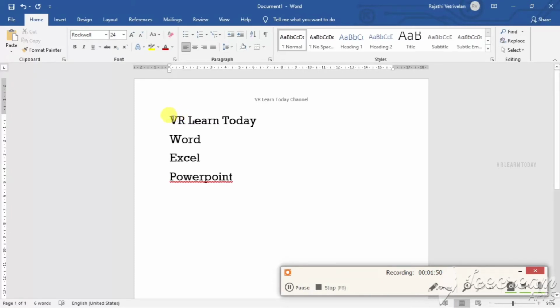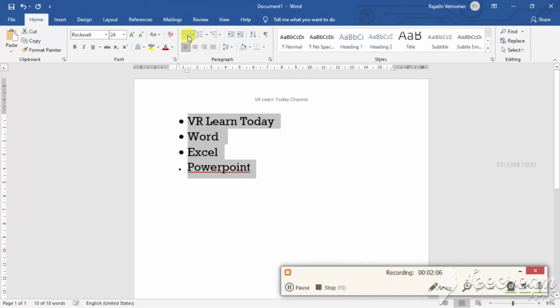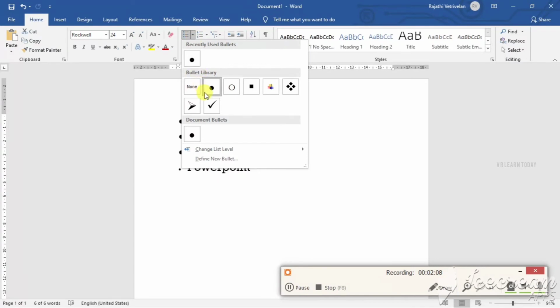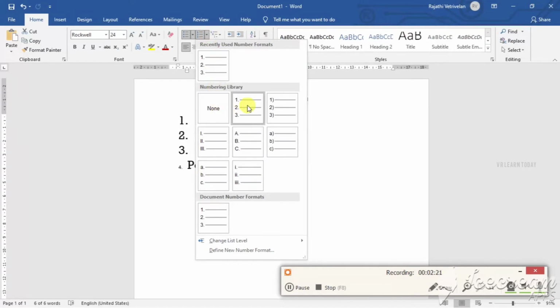Okay. So now I'm going to create bullets and numbers here. Just select it and go for numbering. So it's called numbering, and this is bullets. Here you can change whatever bullets you want. Another one is you can define your own bullets also here. For numbering, you can specify 1 2 3, or ABC format, or this format.